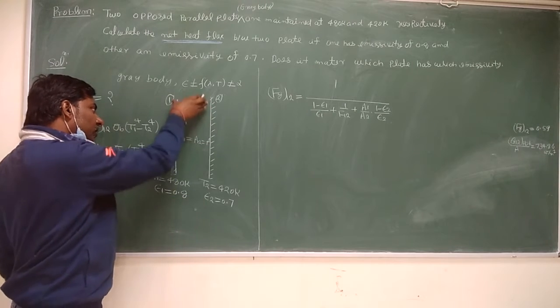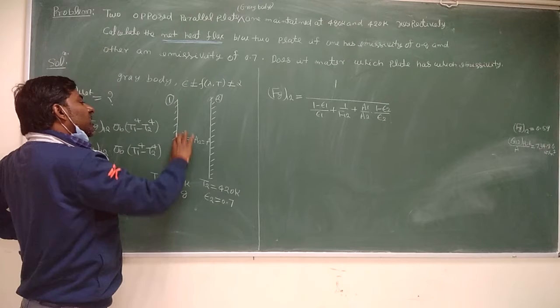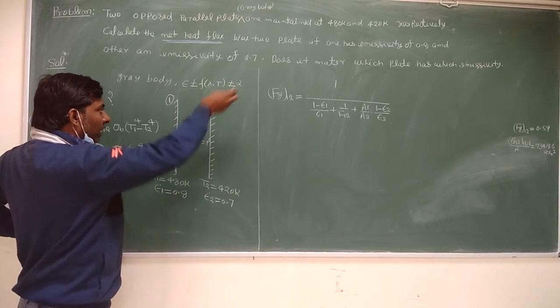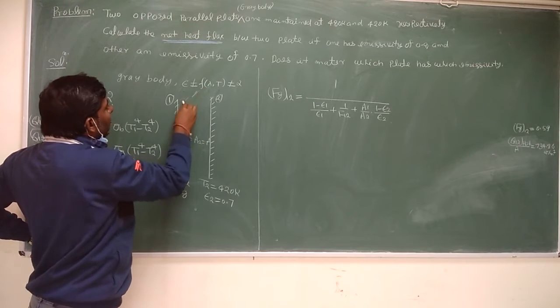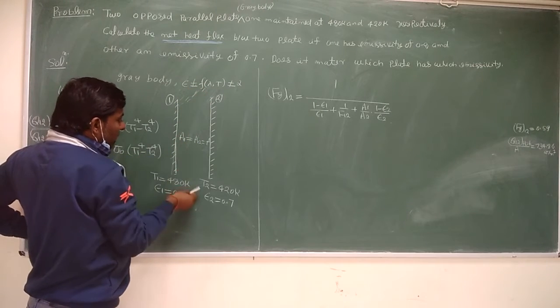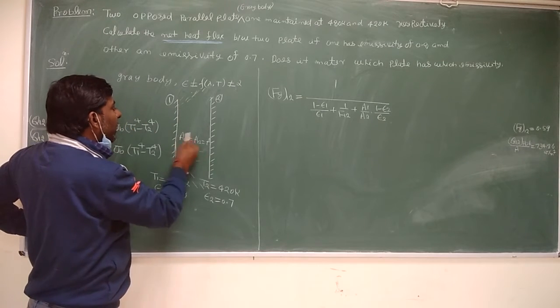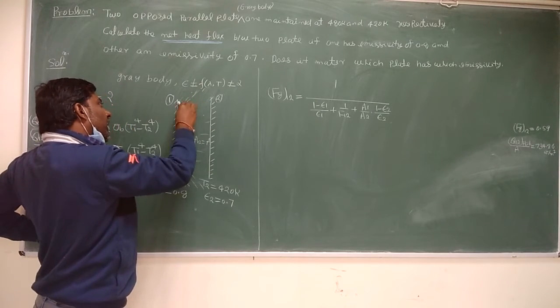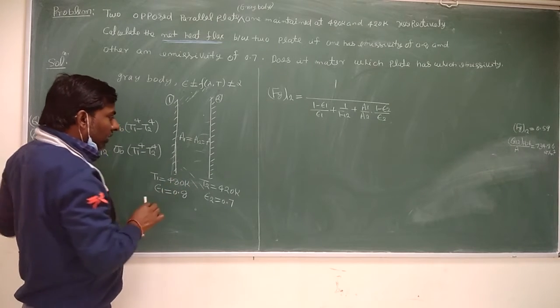So these are the two plates. So what will happen? Let us see that this plate is not infinitely large, they are small plates. Then from this end, some of the radiation will go to the outside surrounding, and also from here. Some will go on this plate, and something from the end can go to the surrounding. So that is known as the end loss.